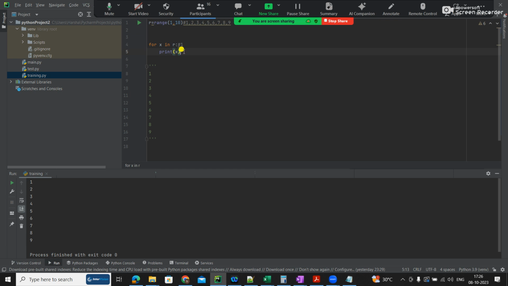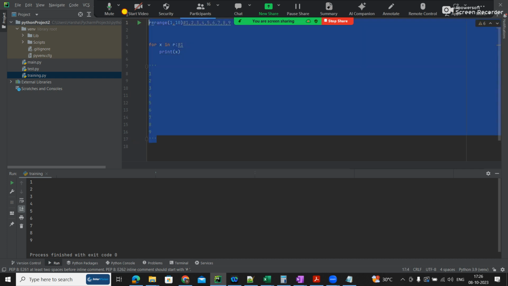And also one more question is there. Now I would want to not get all the data. I want to get only even data. Maybe I want to get 2, maybe I want to get 4. There are two ways to do this. One is modulus, which we can use, but using range I want to get the even data.